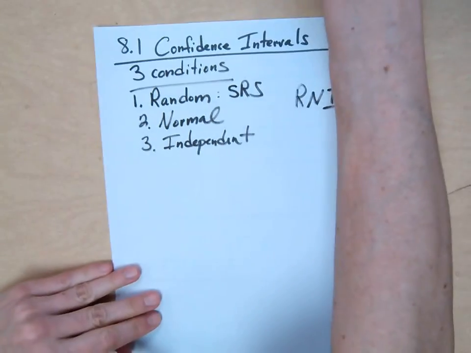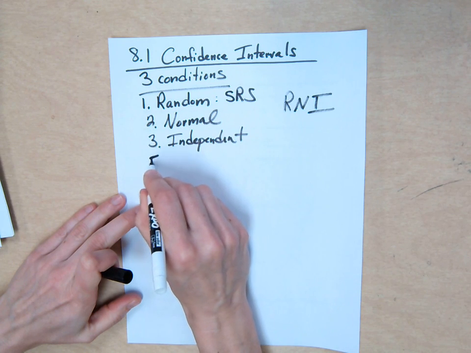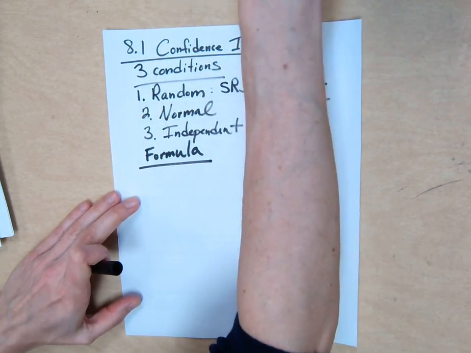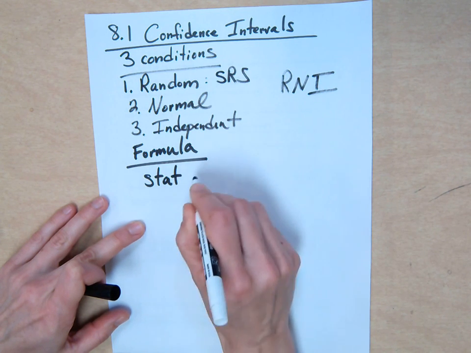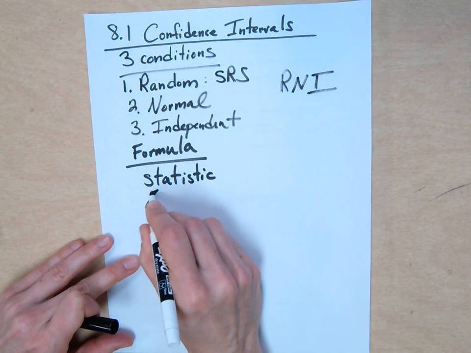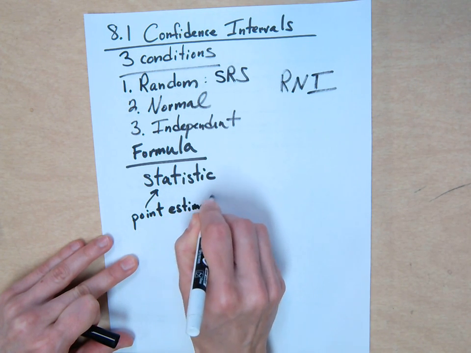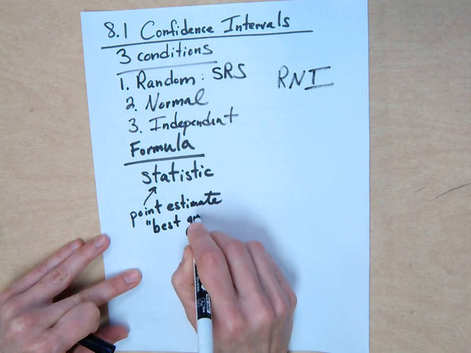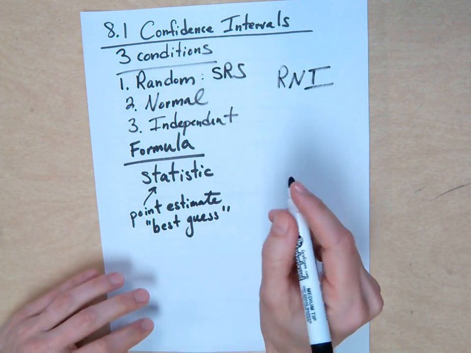So then let's say we know, okay, we're good to go on those conditions. Here's the formula for your confidence intervals, and we'll get into more detail on what it is for proportions and means after. So the formula is you take your statistic, and this is actually on the AP formula card. You take your statistic, and that is your best guess. It's called the point estimate. And when we did the activity, that was your x bar that you got on the calculator. That's kind of like your best guess. So you take that value, and then you do